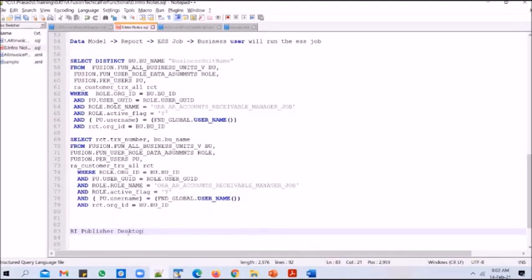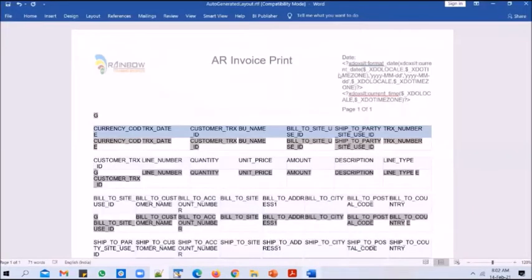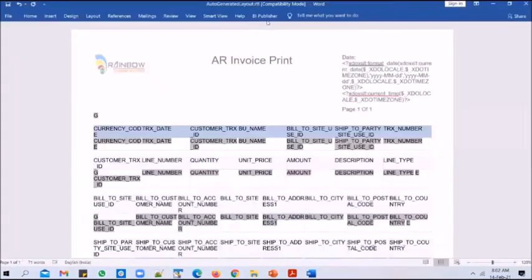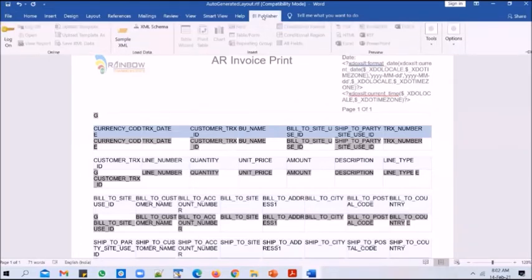And once you install this software on your machine, if you open up a Microsoft Word document, and in case this software is installed successfully, you should be able to see a tab called BI Publisher in your Word documents. So you open it, and you will have an option to load in sample XML.